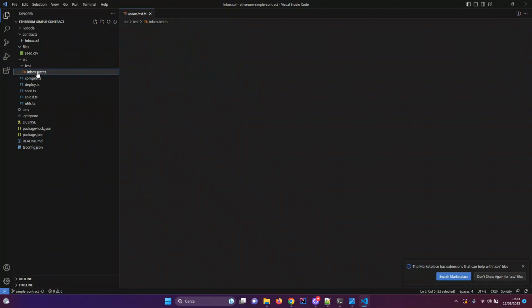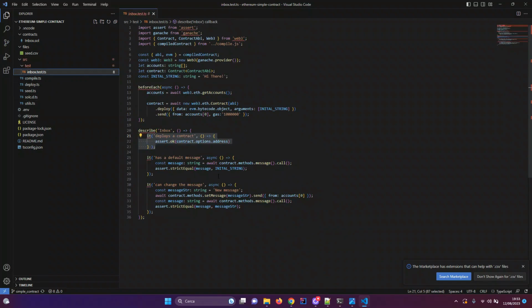Here we are verifying that this initial message is correct. Then we try to change this initial message to another message to make sure that the set message function is working properly. So this basically tests the fundamental part of our contract.